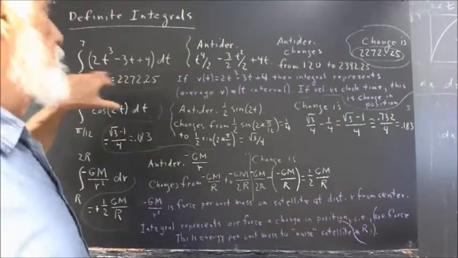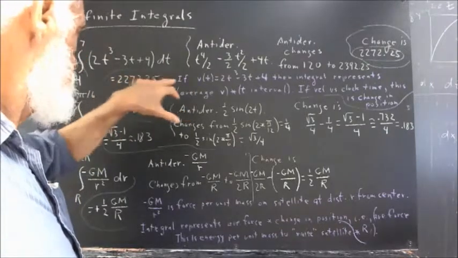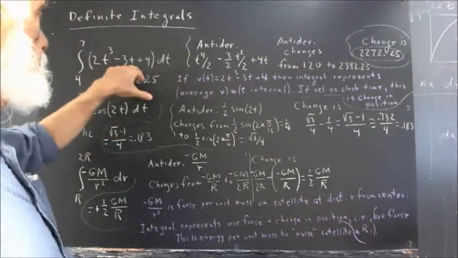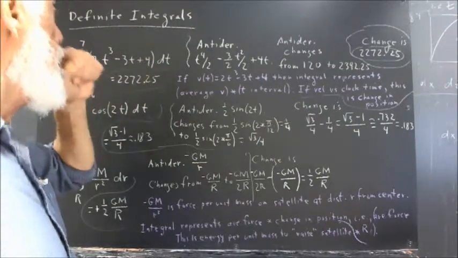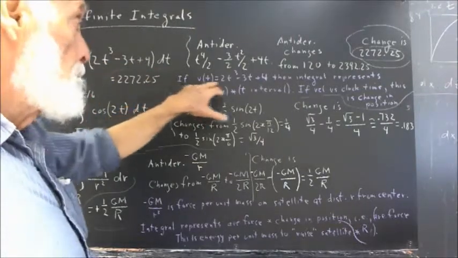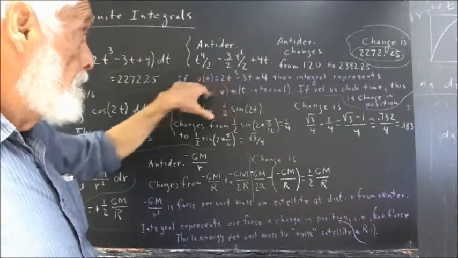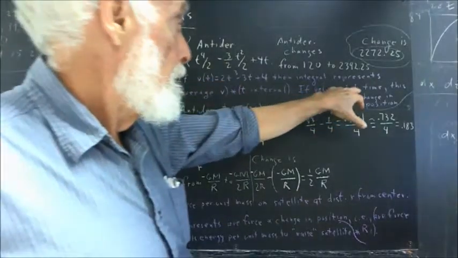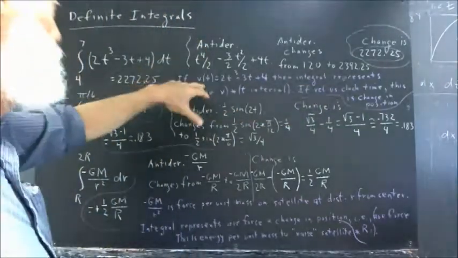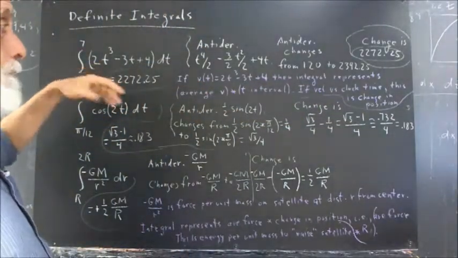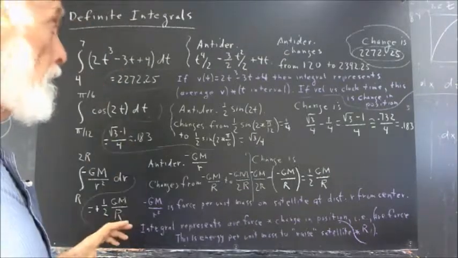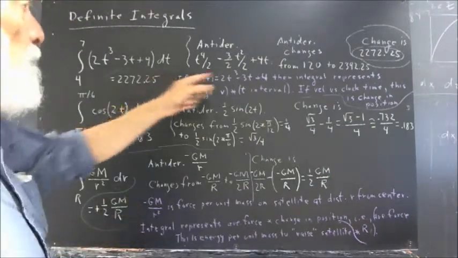Okay, so in this case, if this 2t squared minus 3t plus 4 function represents a v of t, which I'm going to interpret as a velocity, so we're basically looking at velocity versus clock time, then when we integrate this,